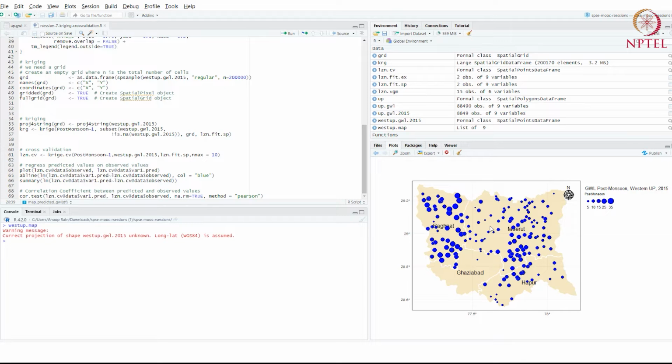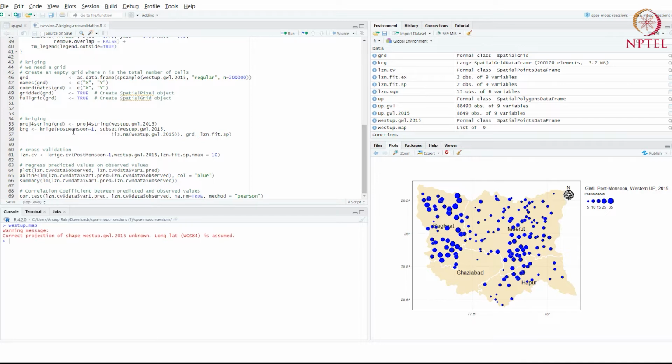We want to know the groundwater level in between these wells as well. So what we want to do is spatially predict, knowing the values at the observed locations and the structure of spatial correlation that we've estimated using the variogram. We want to predict statistically the values of groundwater level at all points in this region.